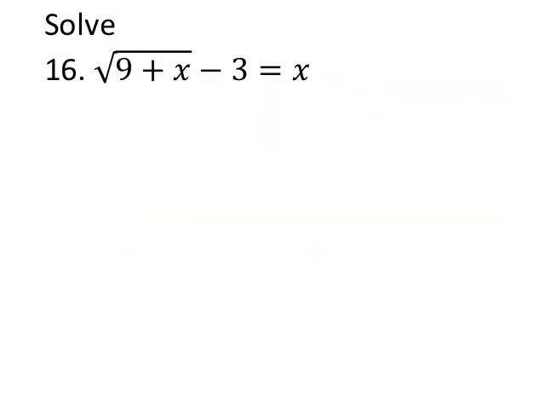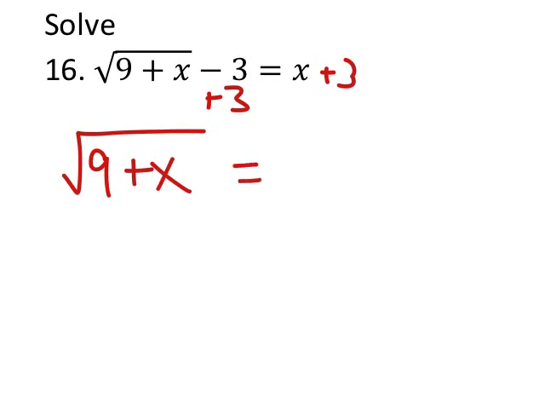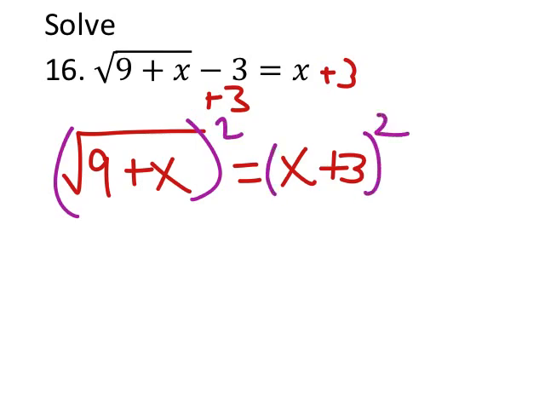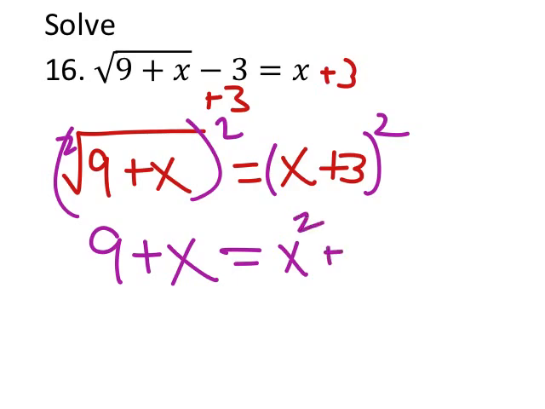Alright, let's go ahead and solve this one. Alright, so to do this, we're going to need to add 3 to both sides. This is going to change the equation just a little bit. Square root of 9x equals x plus 3. Now what happens is if we square both of these, that's going to take away the square root. So that's going to be a 9 plus x equals, so squaring that is actually going to give us x squared plus 6x